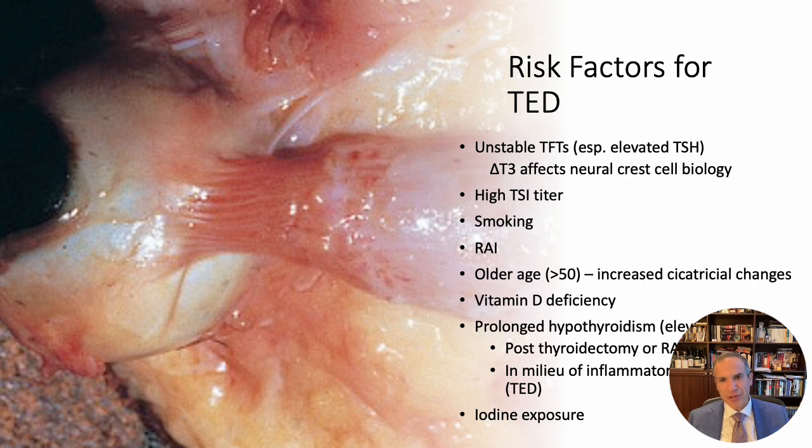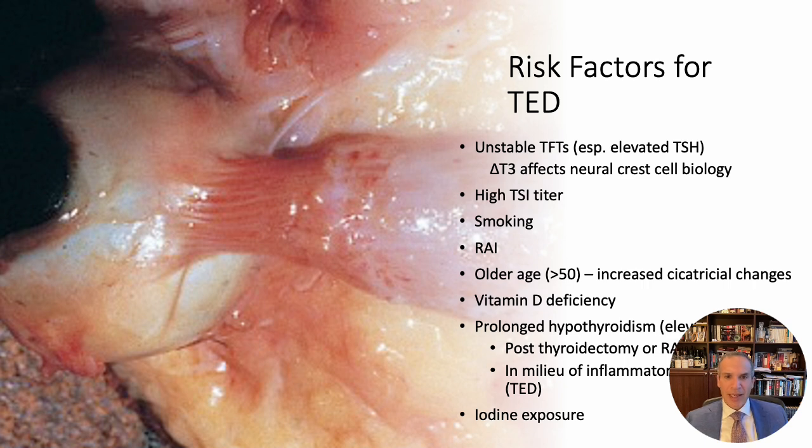constantly changing dosage of medications, that fluctuation impacts the neural crest-derived cells in the orbit in a particular way that activates them to create the environment for thyroid eye disease more likely. In particular, highly elevated TSH activates TSH receptors in orbital fibroblasts to further drive the orbitopathy. So elevated TSH in and of itself is a risk factor for thyroid eye disease, which means that while a range of TSH is normal for patients who do not have thyroid eye disease, if they have thyroid eye disease, particularly active thyroid eye disease, we want to keep the TSH levels relatively low,